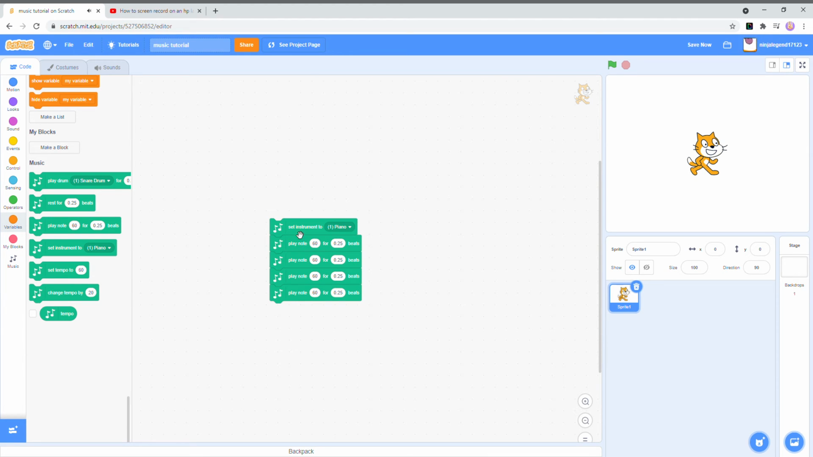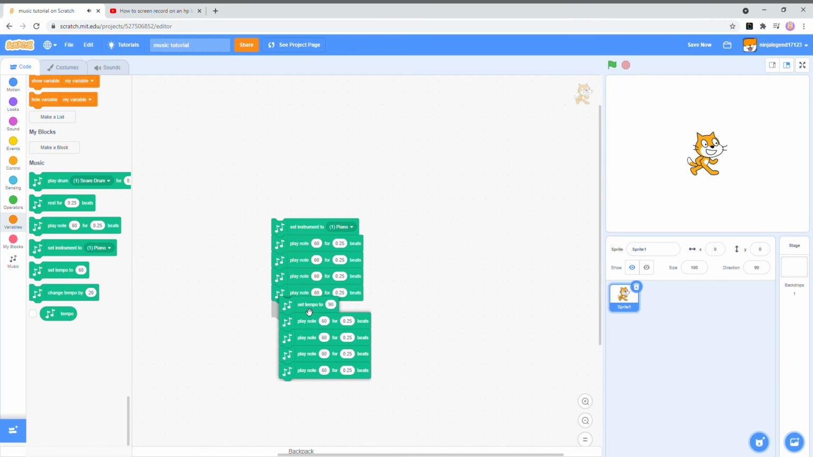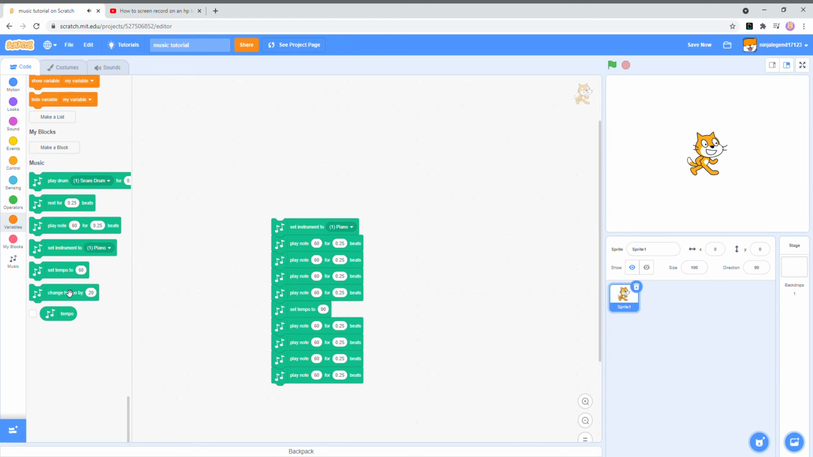So once you've got that done, you're going to find the set tempo to and change tempo by. The set tempo to button, you can change it to whatever you want, but I'm going to do 60. Actually, I'm going to change that to 90. And then duplicate that, add it, and then it will be like that. And then you can change tempo by